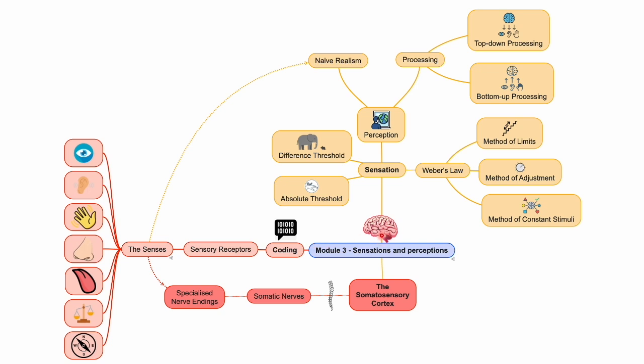Naive realism is the belief that our brain's interpretation of these signals is a true and accurate reflection of our environment, unaltered by perception or perspective. Our perception is the brain's interpretation of the physical environment through the coded neural impulses sent to it by each of the 7 senses. Interpretation can occur through 2 broad methods: top-down or bottom-up.